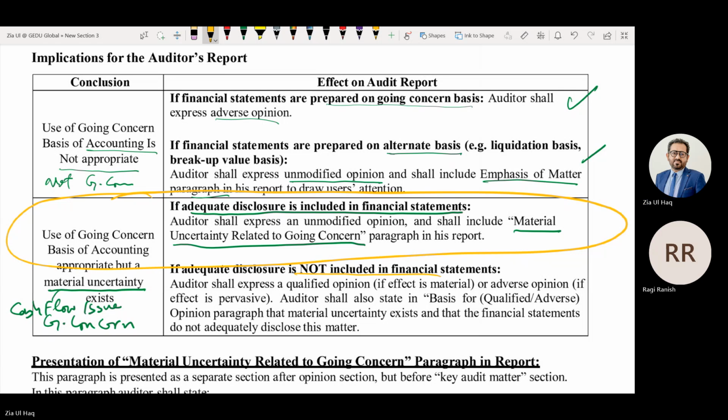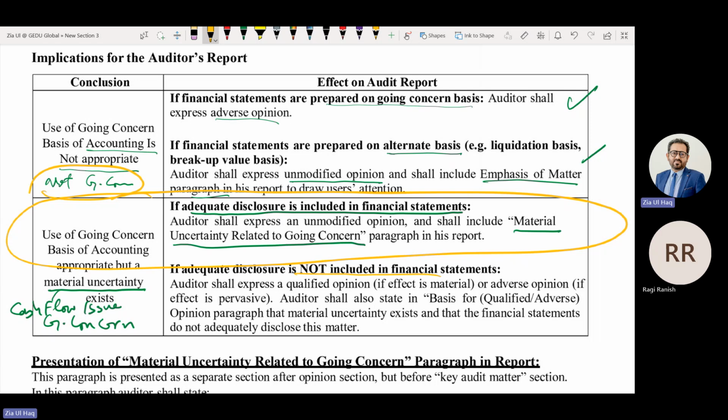Are you with me? So if the company is not a going concern and the financial statements are prepared on a going concern basis, adverse report. If the financial statements are prepared on a breakup basis, unqualified opinion with emphasis of matter.